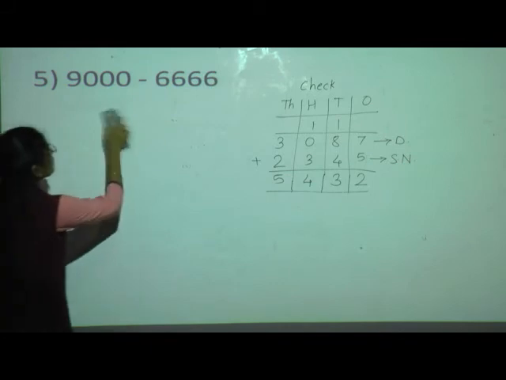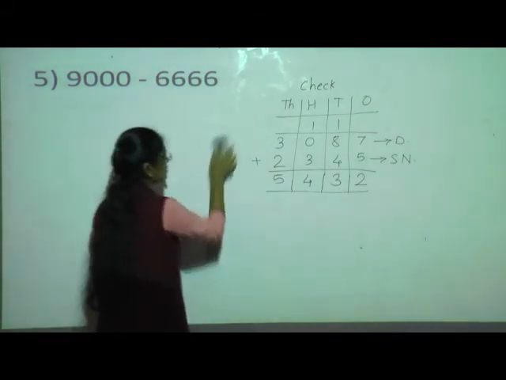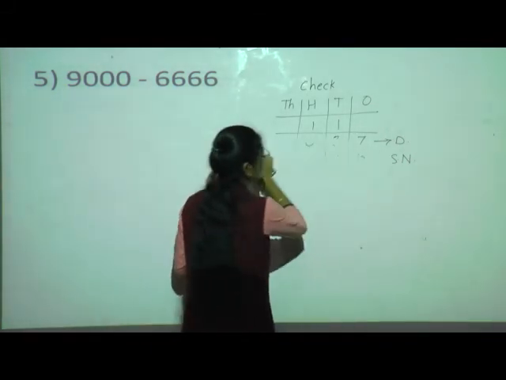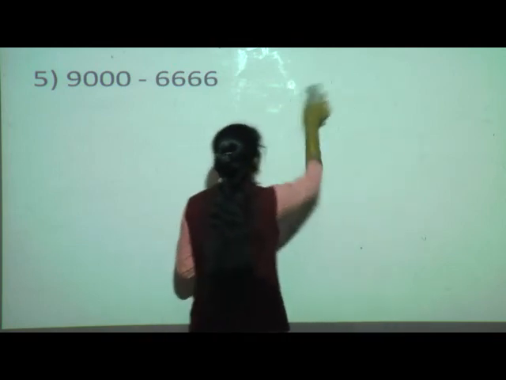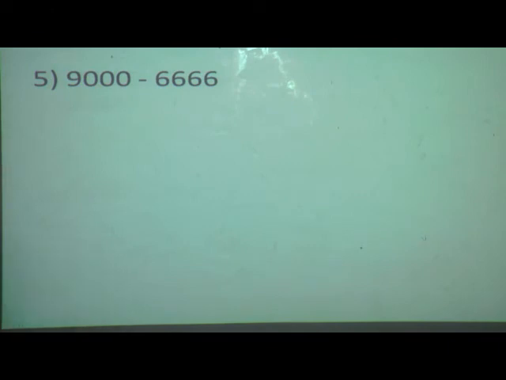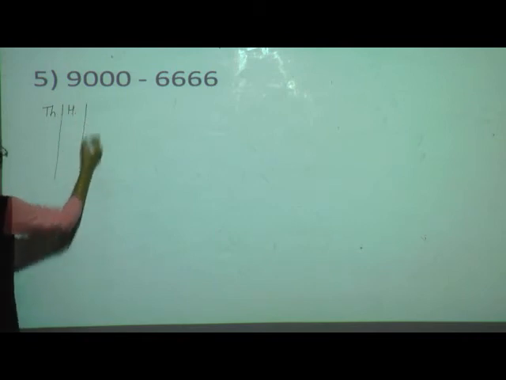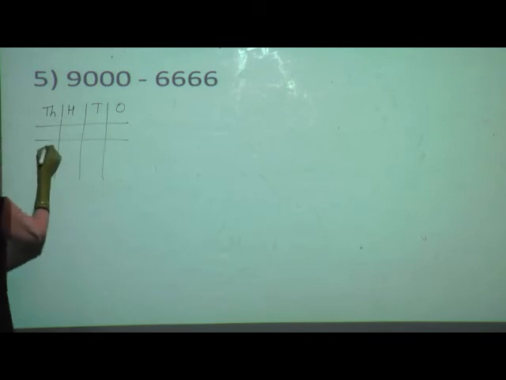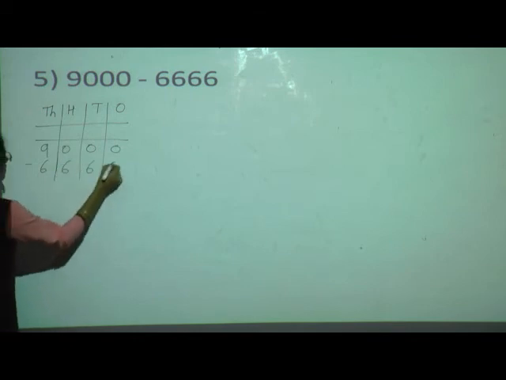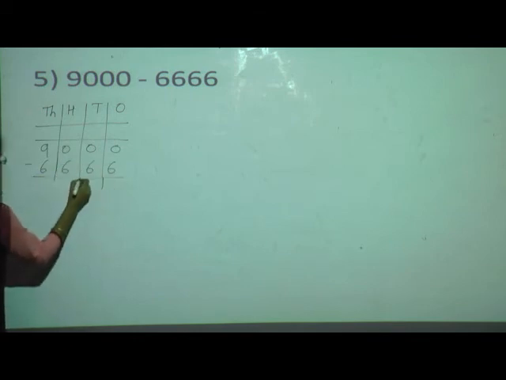And this another number is 6666. We have to do the subtraction. Okay, draw the place value chart and put this number in the place value chart. Thousands, hundreds, tens and ones. See, the number is 9000 minus 6666. Okay,